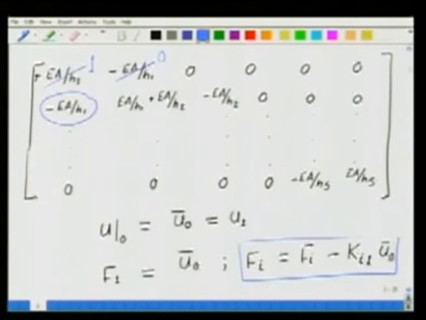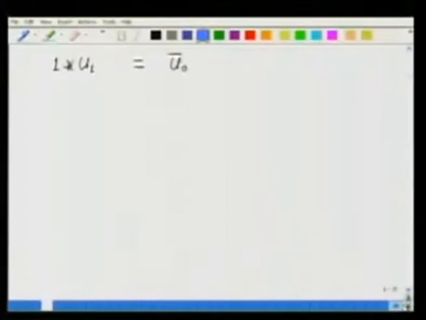So this is how we are going to modify our load vectors. You see what happens in our case is that for the second equation, this has to be taken care of because this entry is not equal to 0. But from the third to the sixth equations, U1 does not figure in the equation. So trivially nothing has to be done because it is 0 which is being added or subtracted from the right hand side.